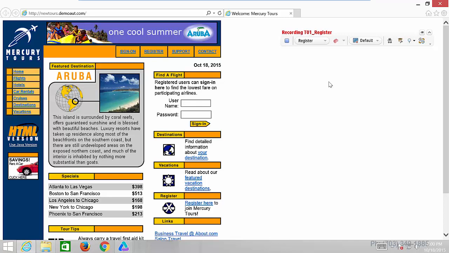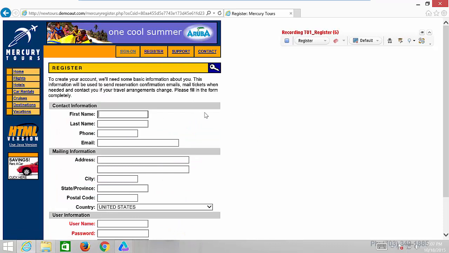For now, let's go to our register page, enter information so that UFT can record the script against the steps we are doing. Click on register link. Okay, this is a register page. Let's enter information and get registered in Mercury Tour's web application. Enter the first name, for example, Fairfax, last name QA, enter phone number, enter your email address,